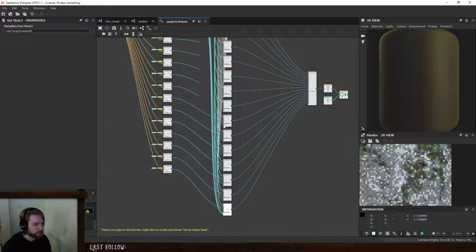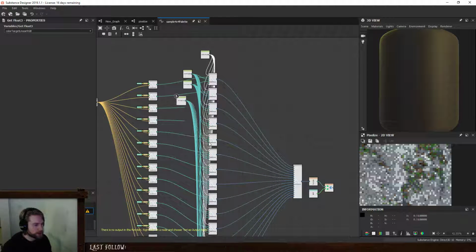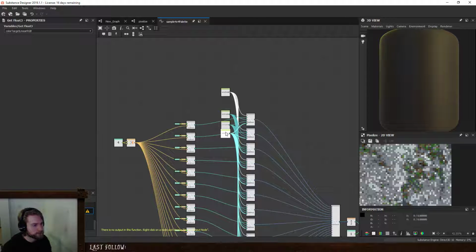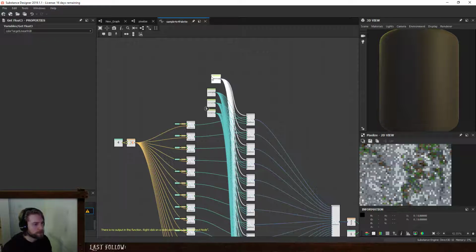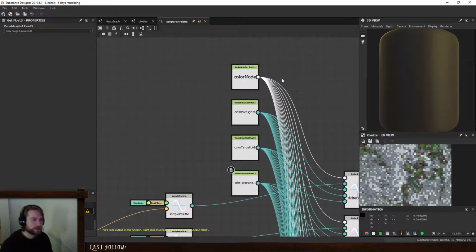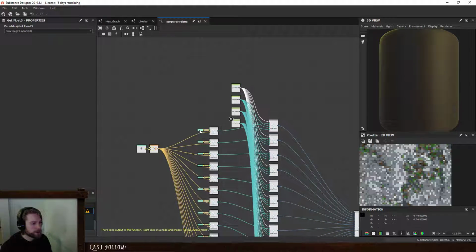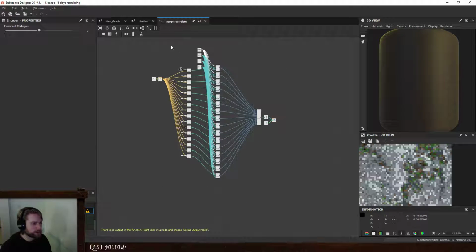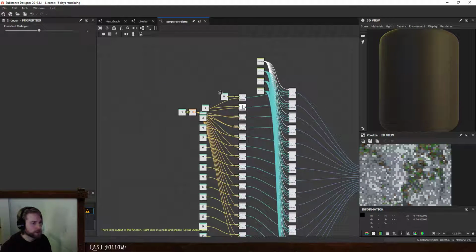Just control clicking again. Control is basically copy the input, and you can copy from either here or here, which is really nice. So we have all these. Put those on a... Okay, so the thing here that's a little confusing, if we undock those, is that we are just going up